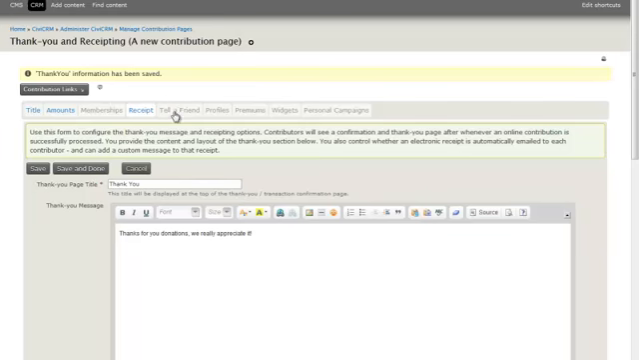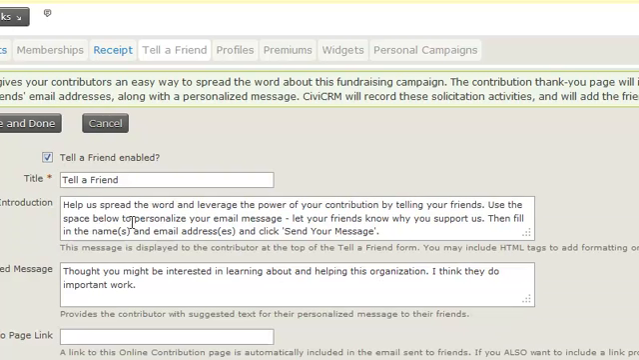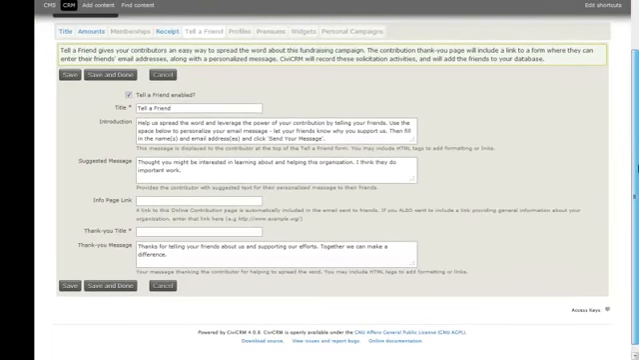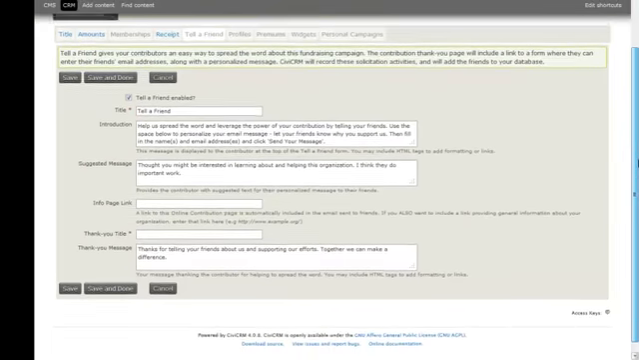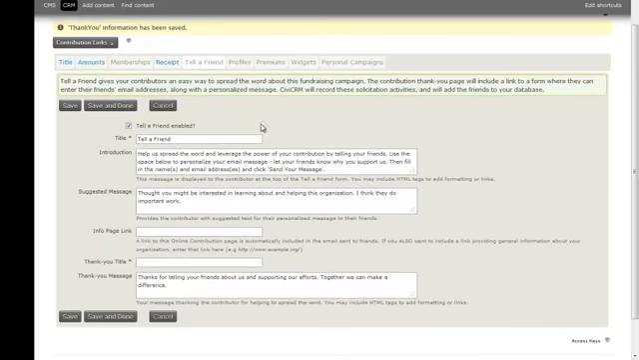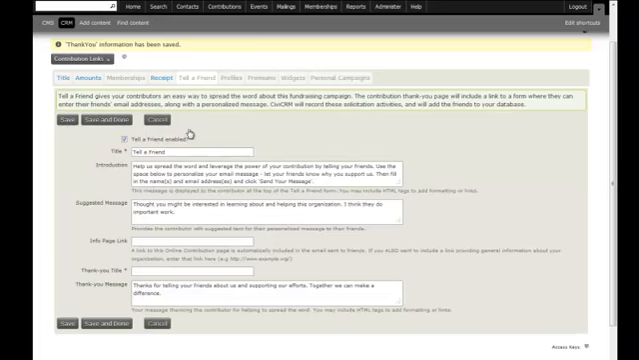Some other options are tell a friend, and tell a friend would allow your users to spread the word to other people about this campaign that you're running, or about making donations to your organization. And well, actually we have to press save here, and then